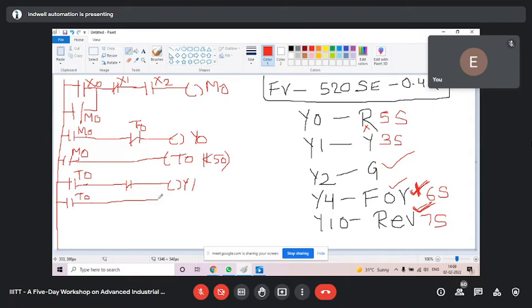From T0, the timer T1 will run for 3 seconds. T1 will break Y1. T1 will run Y10, Y4 actually.